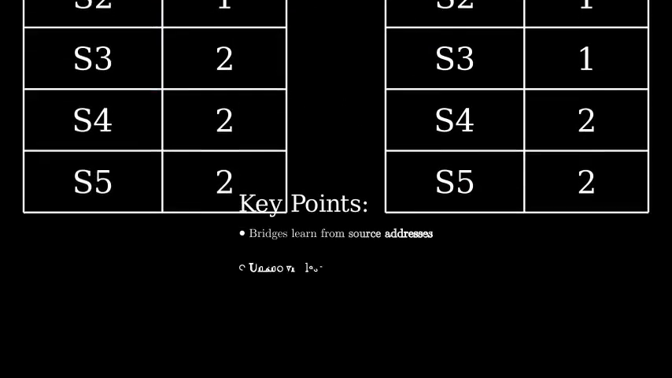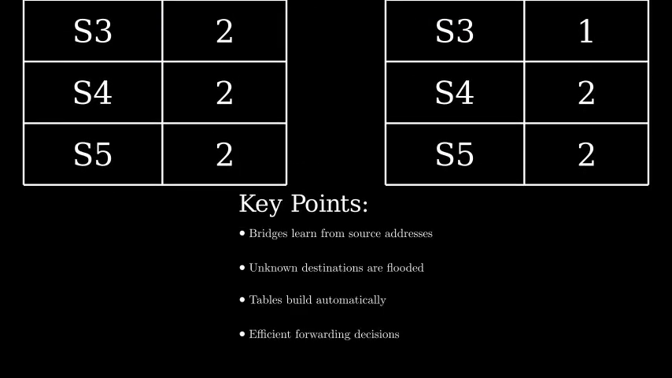destinations. In conclusion, transparent bridges learn MAC addresses by examining the source address of each frame they receive. They use this information to build their forwarding tables, which helps them make efficient forwarding decisions. This automatic